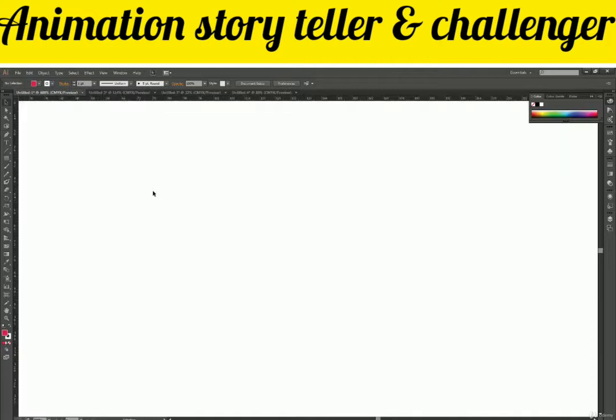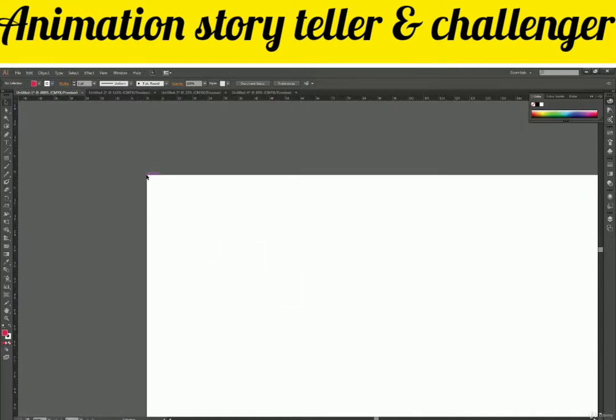So here when I go to the top left of my file, you can see if I draw a vertical line from here, it merges to the 0 on the ruler, and from the top left corner of my artboard, if I draw a horizontal line, it will merge to the zero of the vertical ruler.